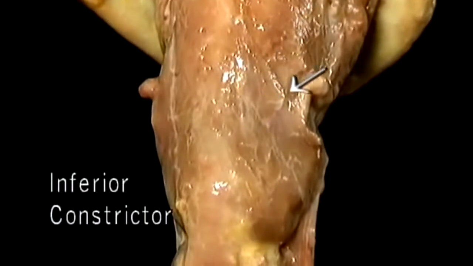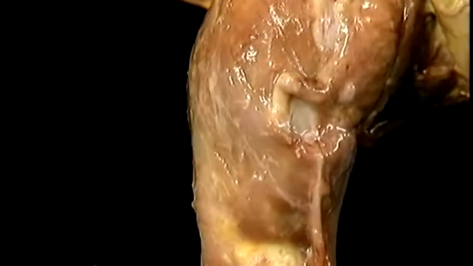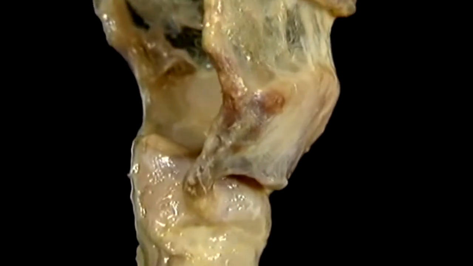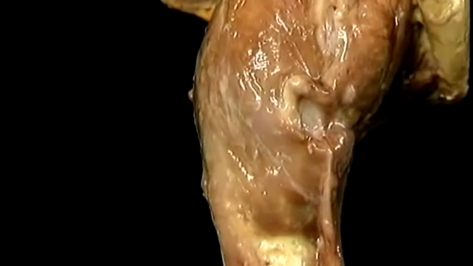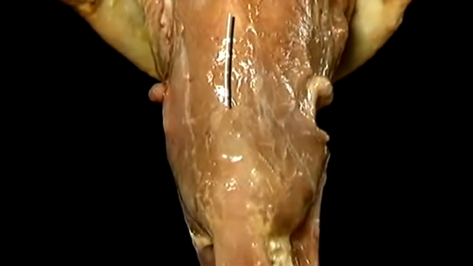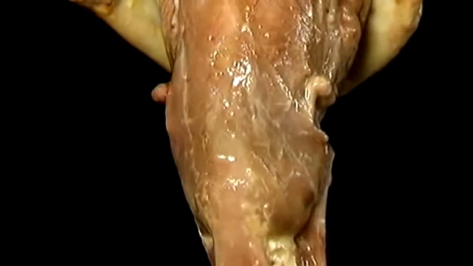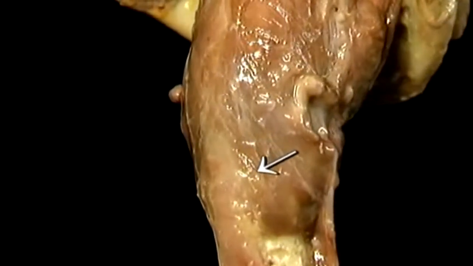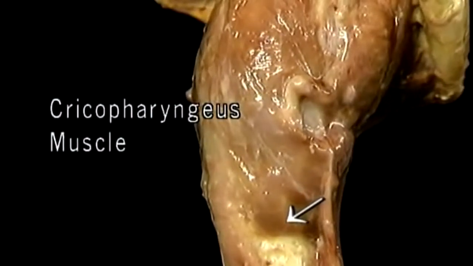Here's the upper border of the inferior constrictor. It's thicker again than the middle constrictor. The inferior constrictor arises from just behind the oblique line on the thyroid cartilage, and also from the side of the cricoid cartilage. Its fibers fan out, meeting with the fibers from the other side, all the way from here down to here. The lower end of the inferior constrictor muscle is continuous with the muscular coat of the esophagus. The lowest part of the inferior constrictor, which is functionally separate from the rest of the muscle, is referred to as the cricopharyngeus muscle. It forms a sphincter